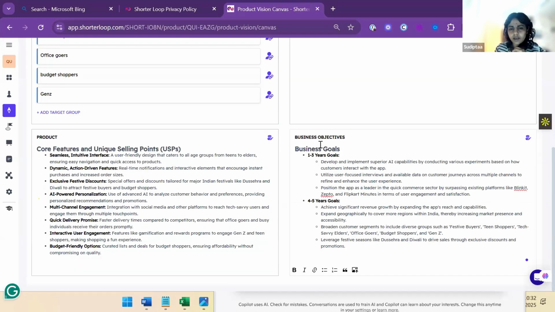Okay, so look, I have not asked it to give me goals for 1 to 3 years and 4 to 5 years, but AI has been smart enough to say you cannot do everything at the same time. Let's focus on the 1 to 3 year goals. Understand and develop superior AI capabilities, build the right screen, do a lot of user interviews, gather a lot of insights, then do a lot of experimentation on multiple channels, understand the customers of Blinkit, Zepto, and what will switch them from this to the other, right? So that you can develop those things in your features, and once the prototype is ready, go and show it to those people and let them try. That is what a product manager's job is in the first 1 to 3 years.